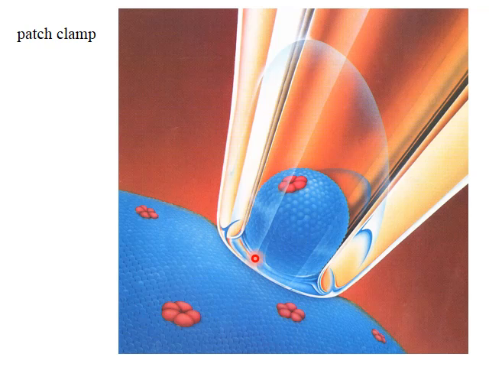You then apply suction to suck up a small patch of membrane into the tip of the electrode. This suction causes a high resistance seal to form at the tip of the electrode, so one in effect isolates